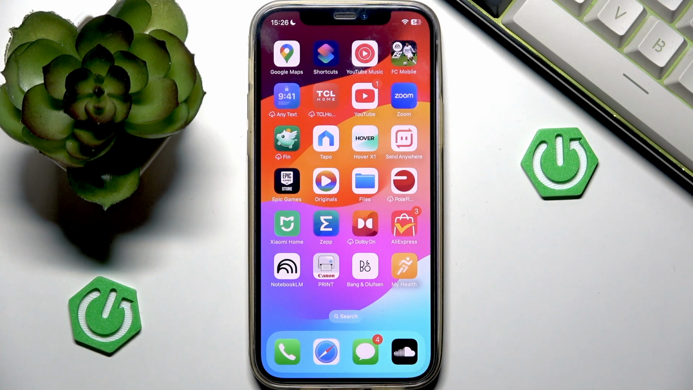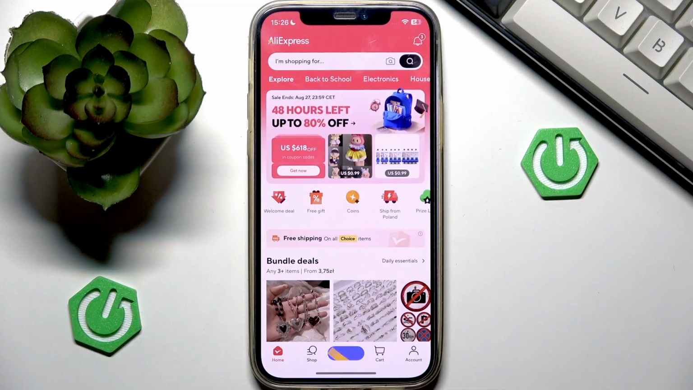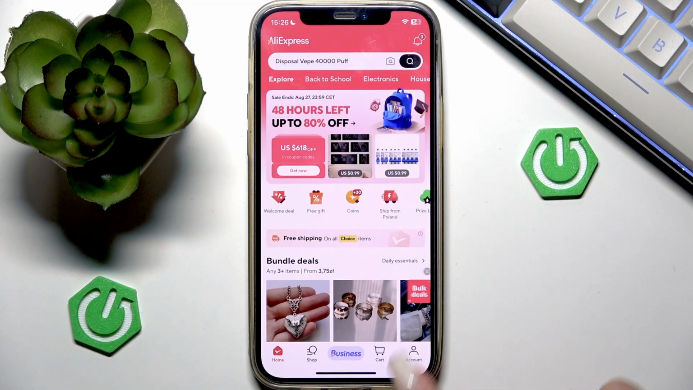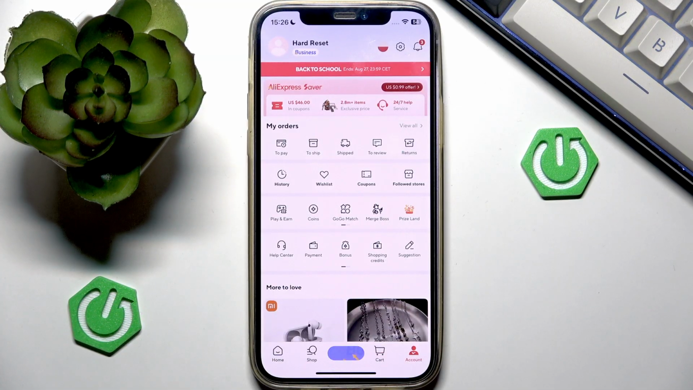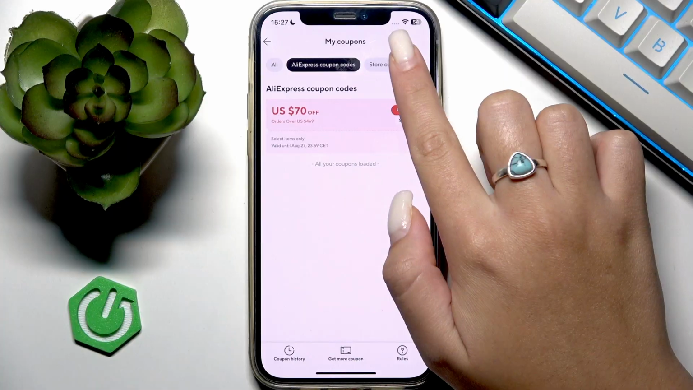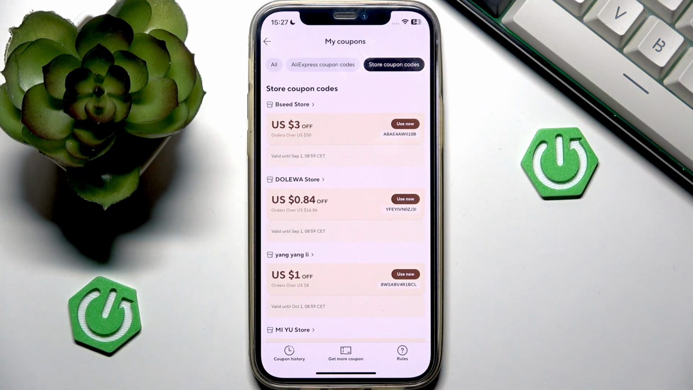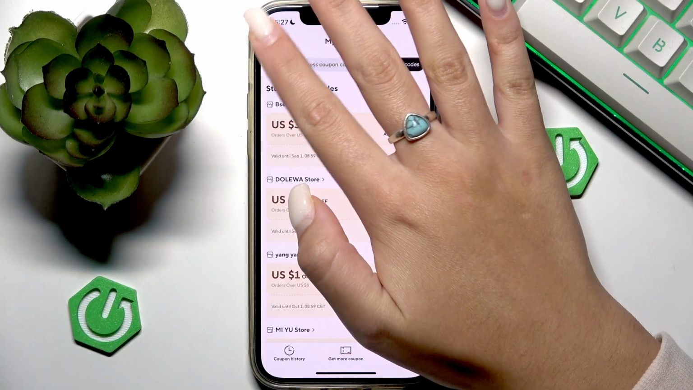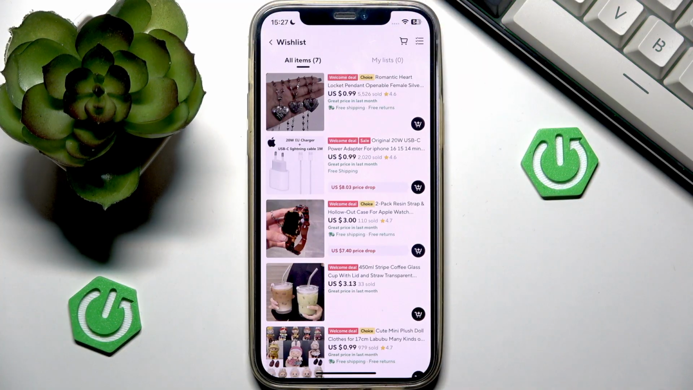The easiest way is to open the AliExpress application on your phone and go to your account at the bottom right and enter the coupons section. It looks like this coupon icon, and here you can see store coupons that are eligible only for a specific seller and AliExpress coupons that are usable on the whole AliExpress. So these are the coupons that I was talking about, and also you can go to some item, for example